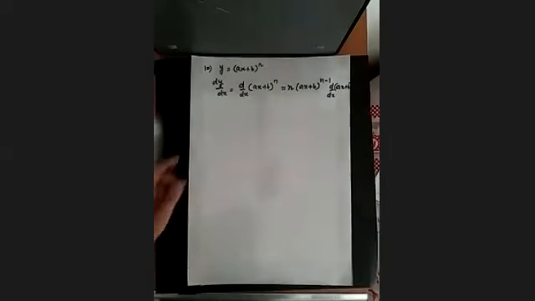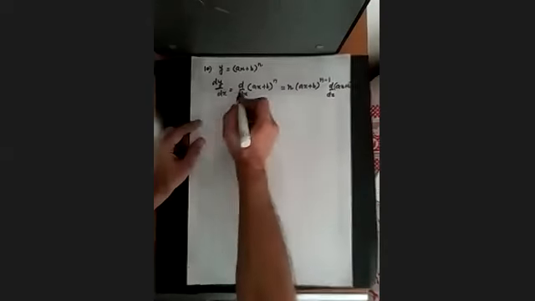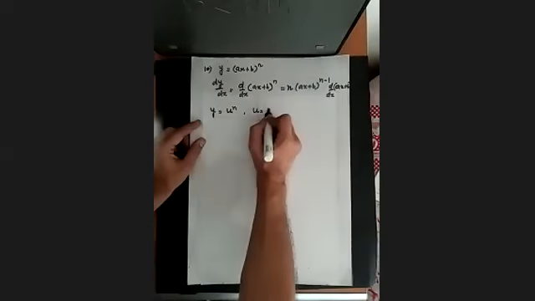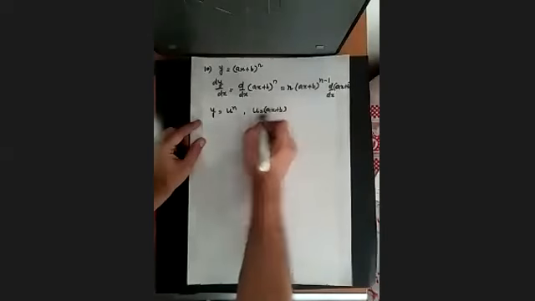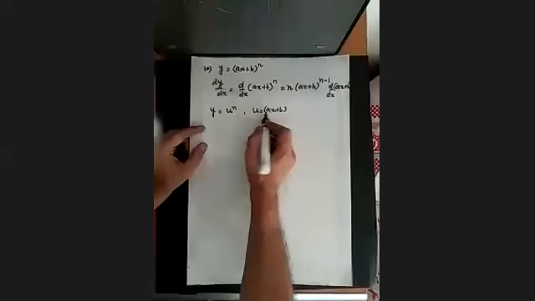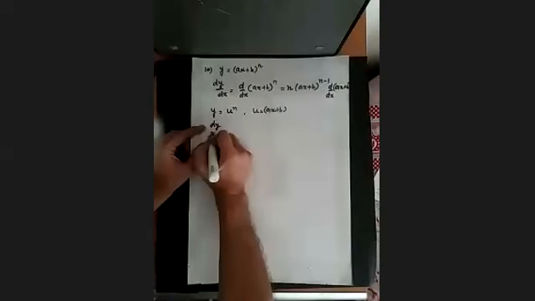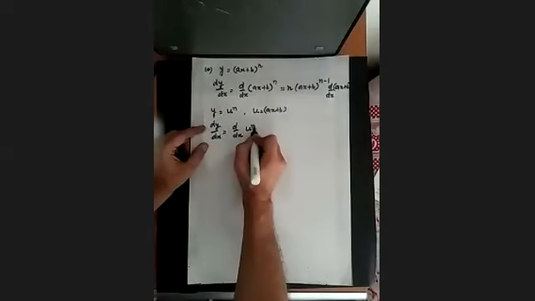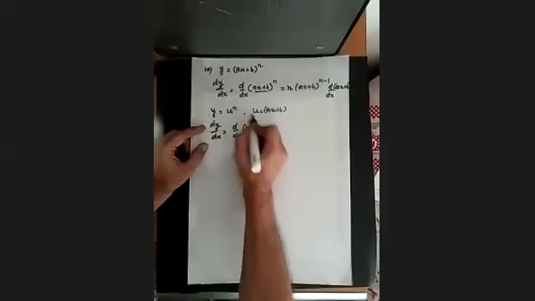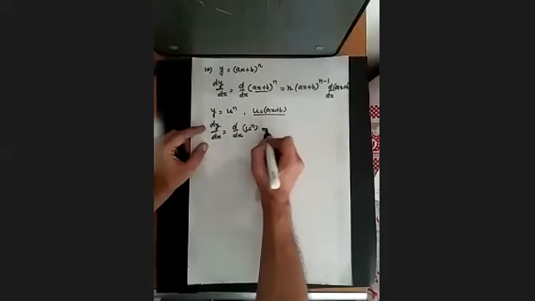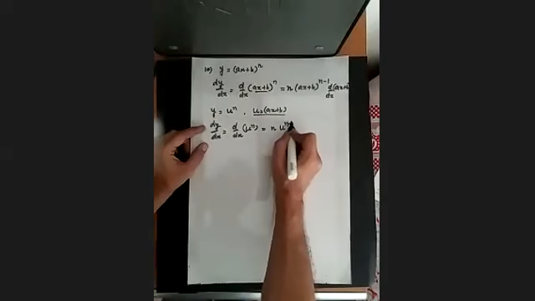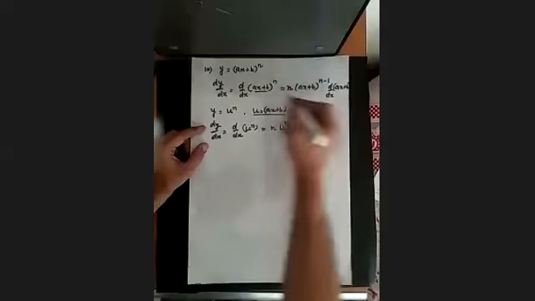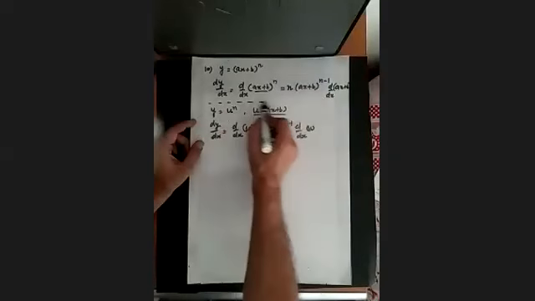Differentiate this. So it is similar to y is equal to u to the power n, where u is equal to ax plus b. So then how do we differentiate? dy by dx is equal to d/dx of u to the power n. Similar to this, the part is equal to u. So this is equal to n u to the power n minus 1 and d/dx of u. Very similar to this. So these two are similar.